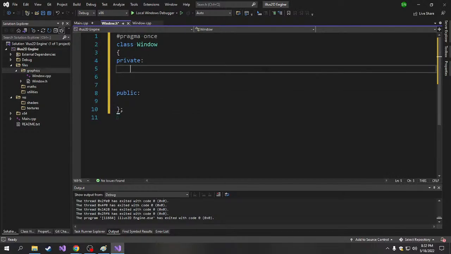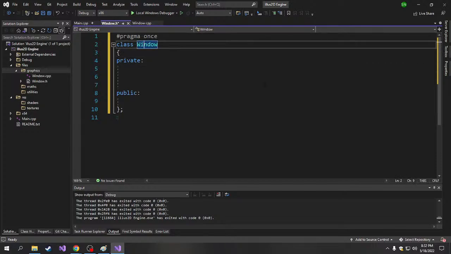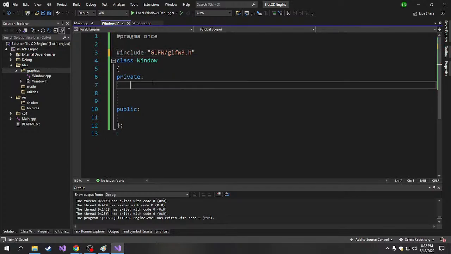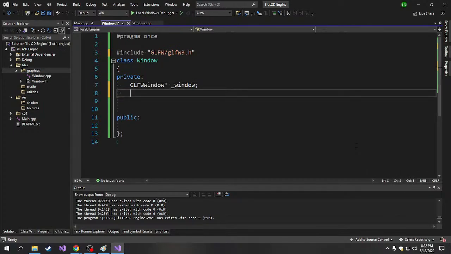This window class is of course going to use GLFW, because that's our window creating API. Private GLFW window pointer, our window object. It's going to have an unsigned